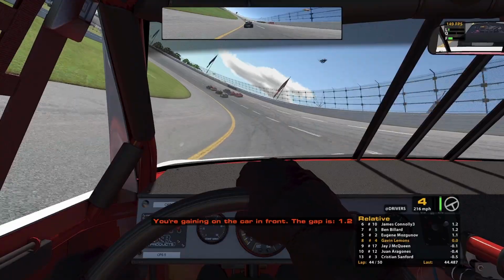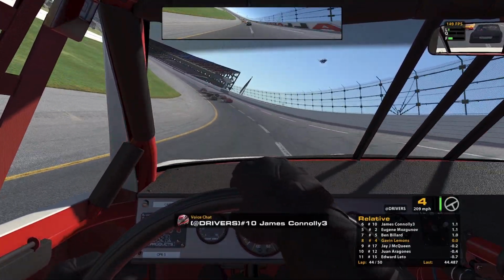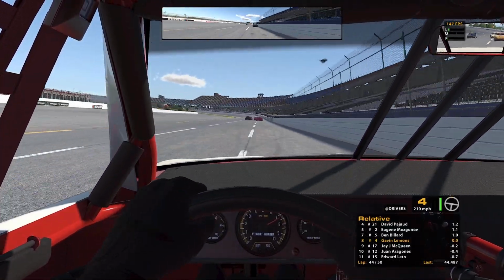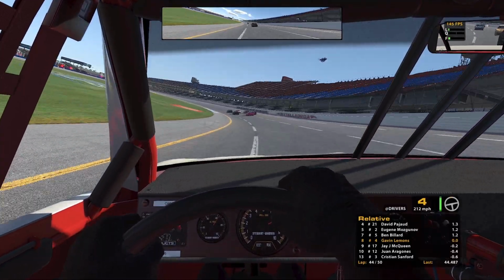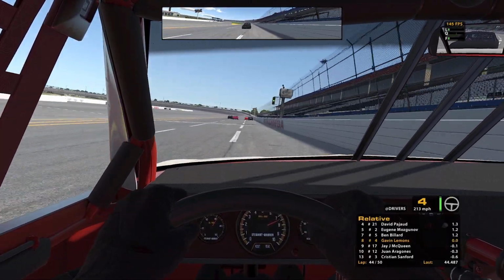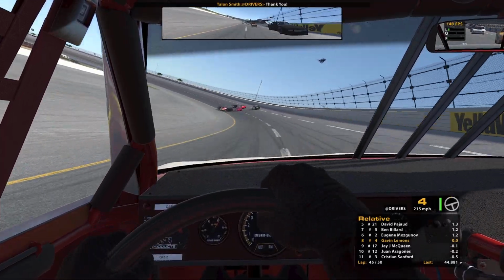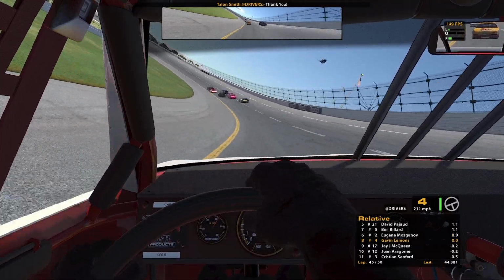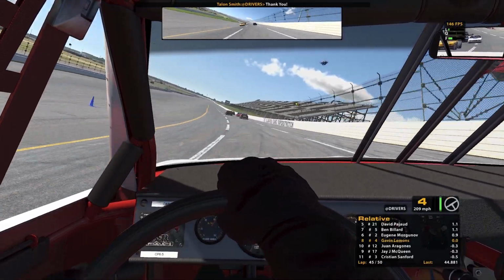You're gaining on the car in front. All right. Oh, this looks like fun. Maybe if they're going to be racing hard, we might catch back up. Doesn't look likely, though. The '17 absolutely refuses to draft with us. Maybe we look completely broken, but we keep pulling massive gaps on him through the corners, so...